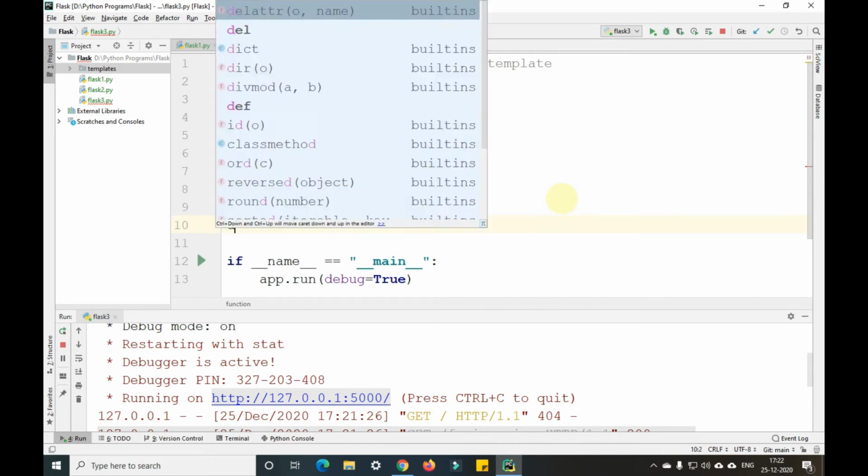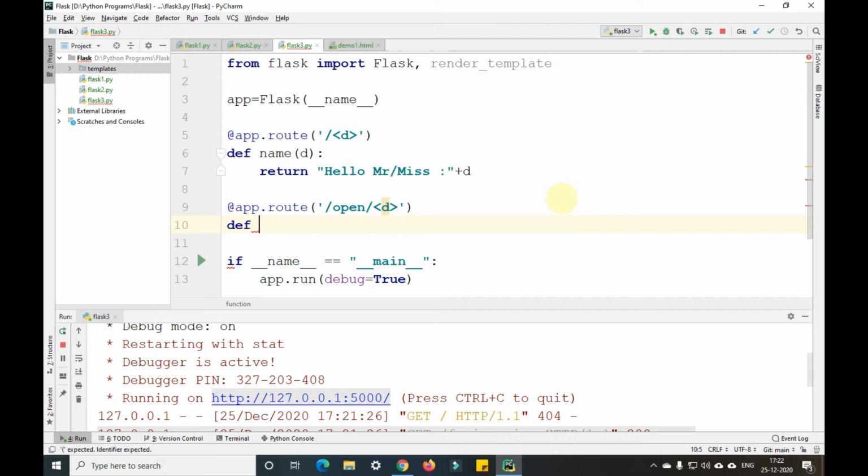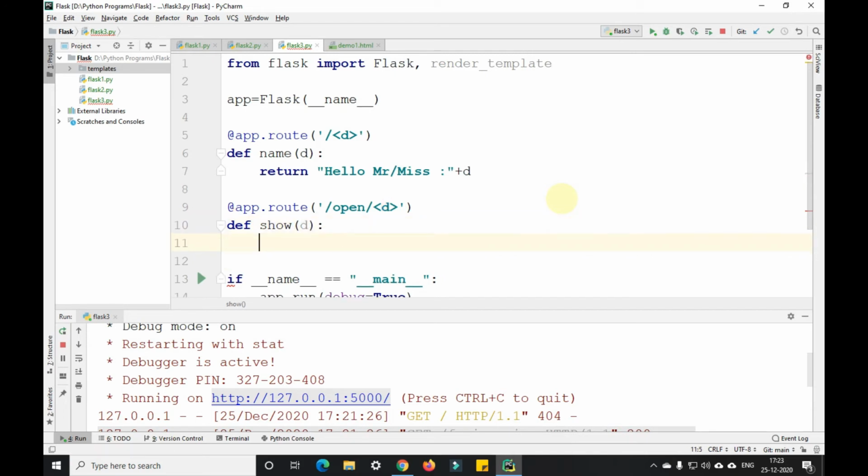After that, I'll define a function, def show. In this show, we'll pass that variable D here, followed by a colon, enter.